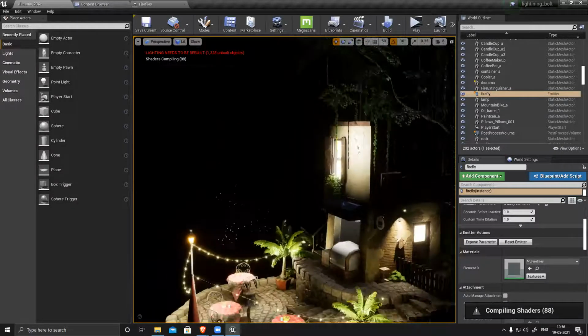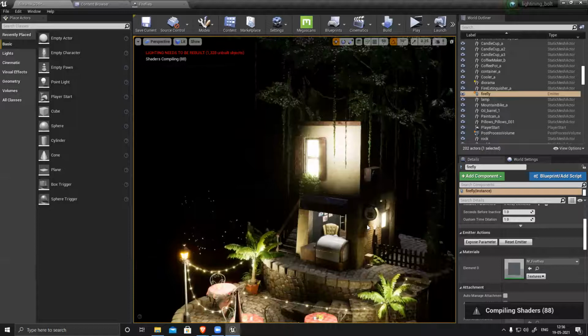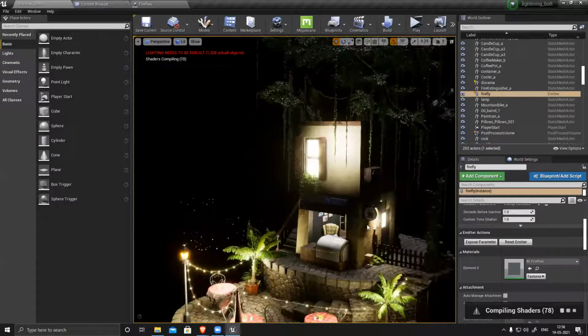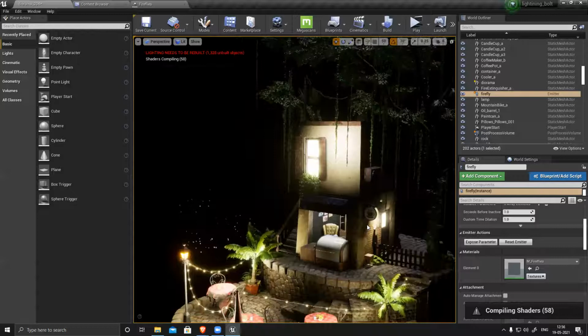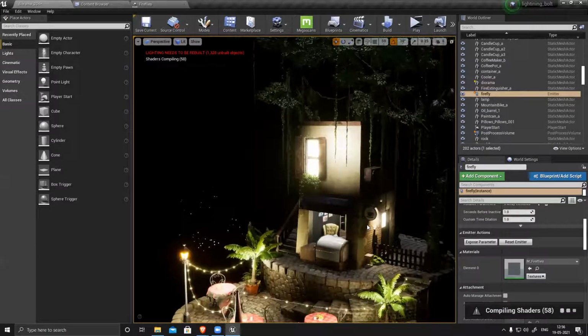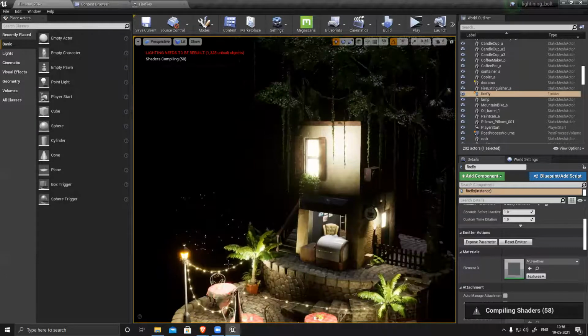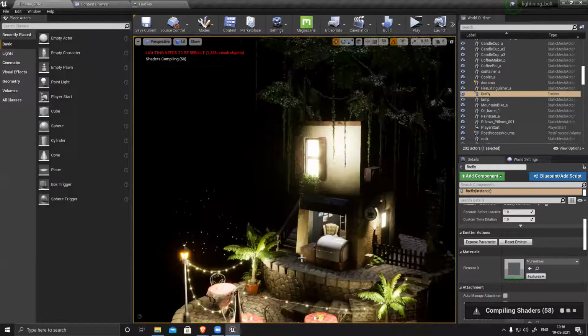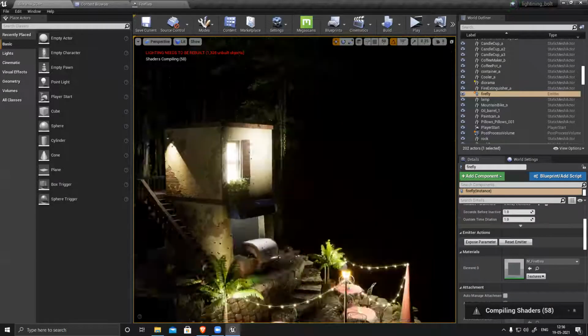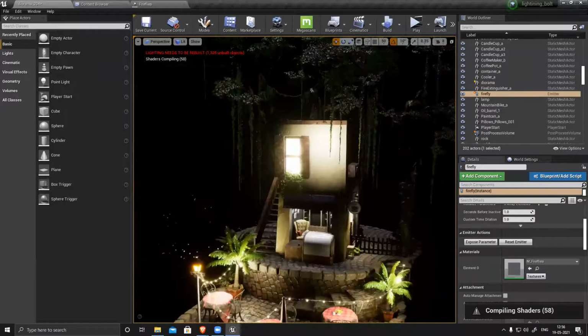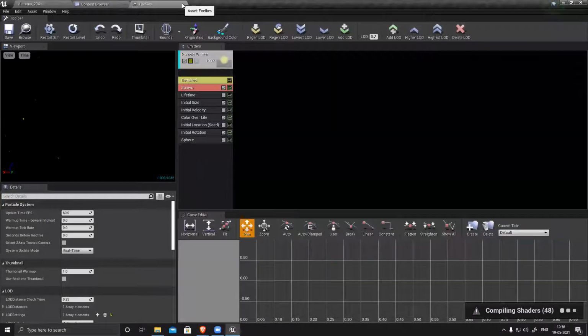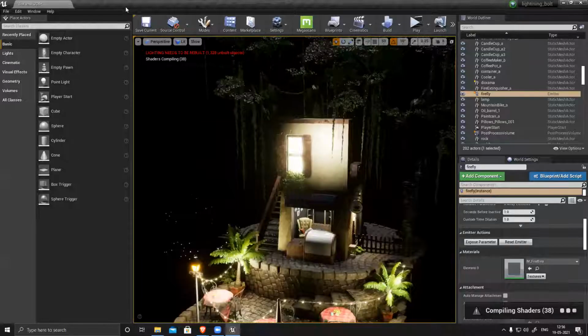It is compiling. See, it's like how to create all this particle system and everything. I'll explain. It's not very difficult. It's pretty easy. We'll do all this and how to create master materials.